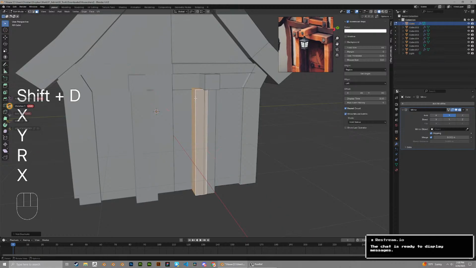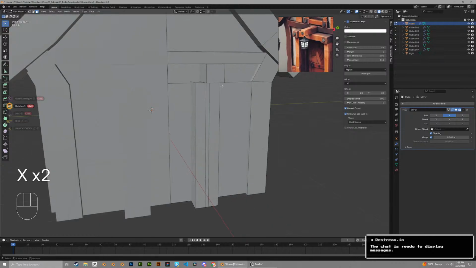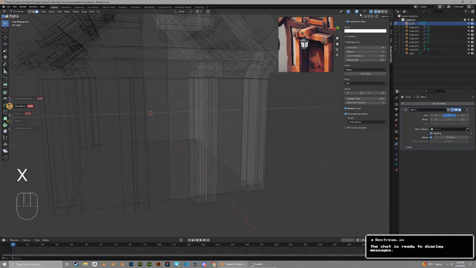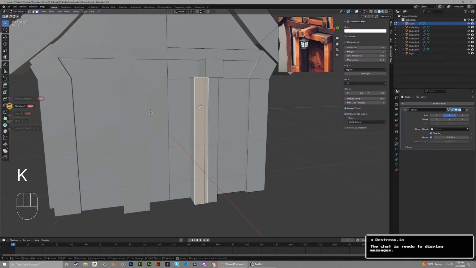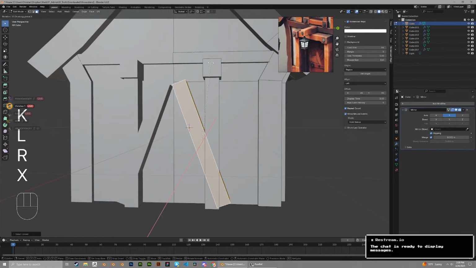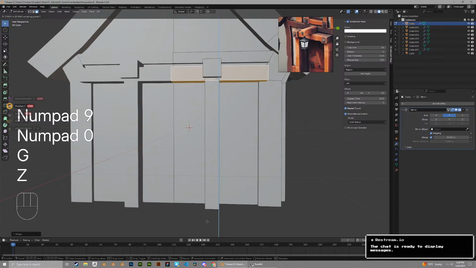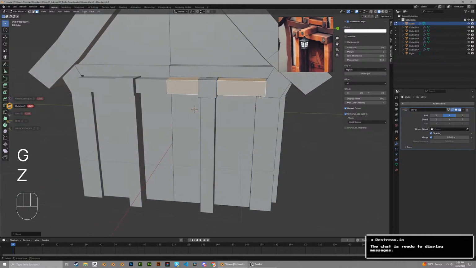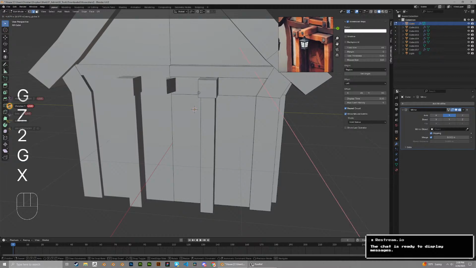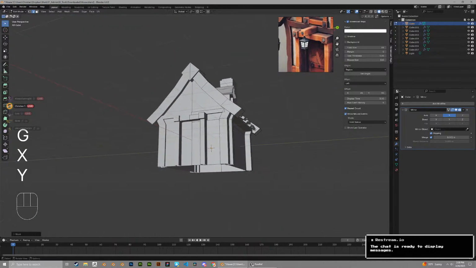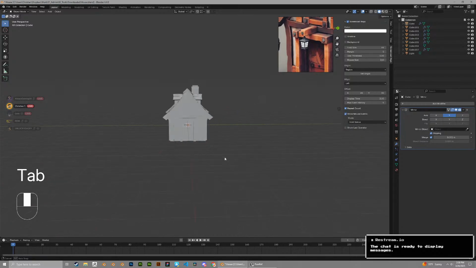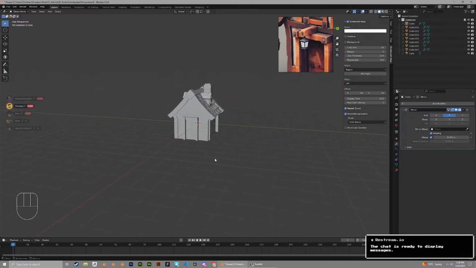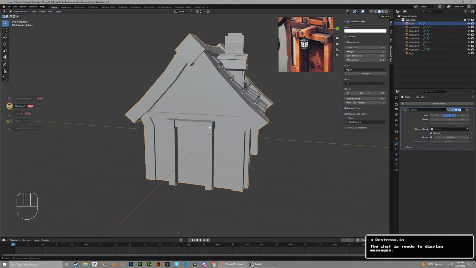Let me delete this top face. Actually, on both. Okay, cool. This one's going to be the top of the frame of the door, so we're going to put this 90 degrees. Pull it in there. Bam. Now we have door frame. Snap it here. Boom. Door frame. Cool. Okay. So now